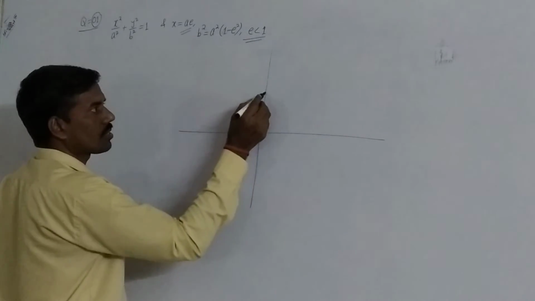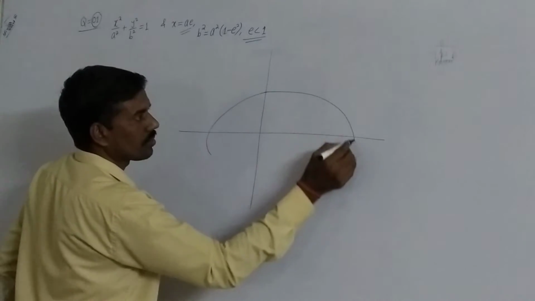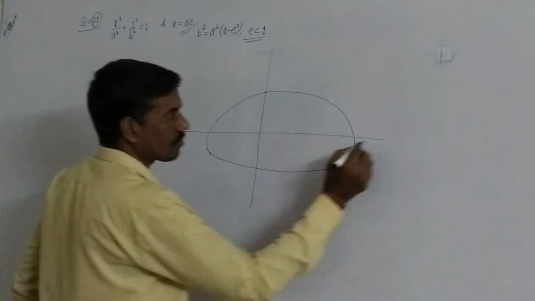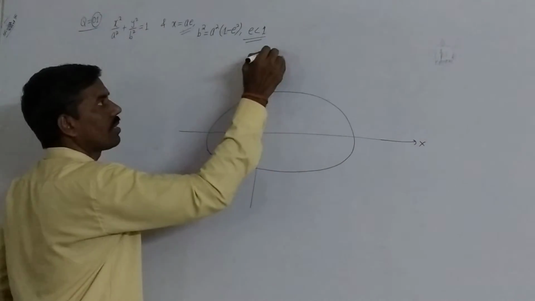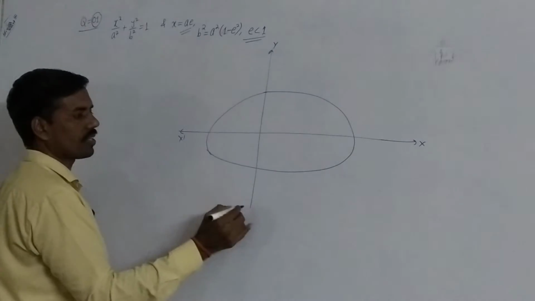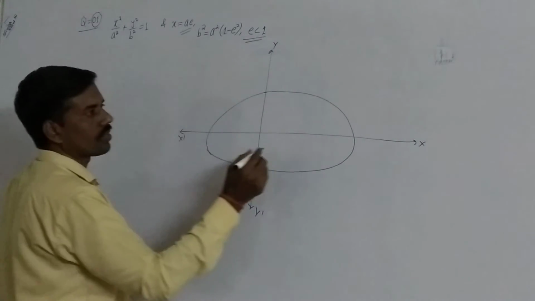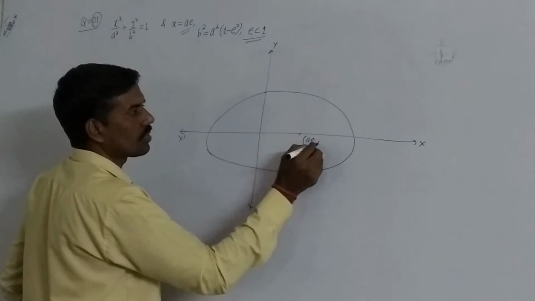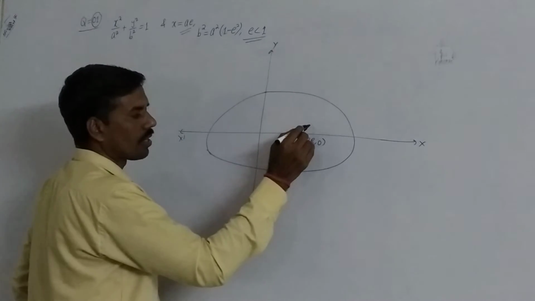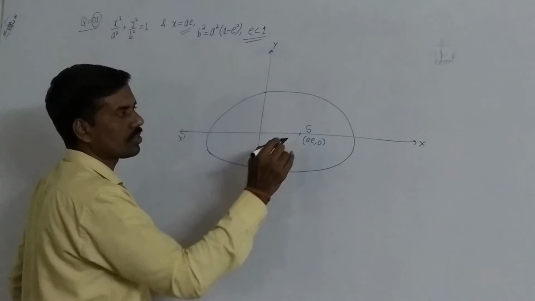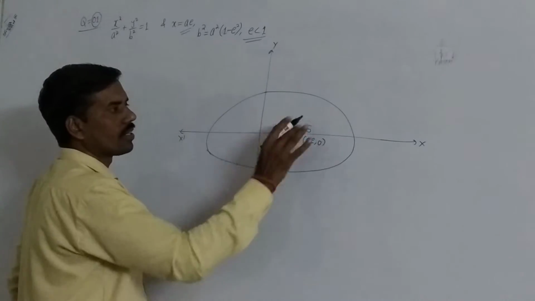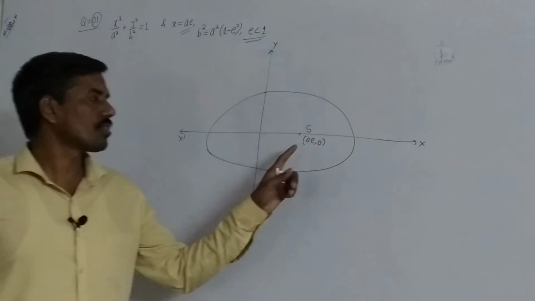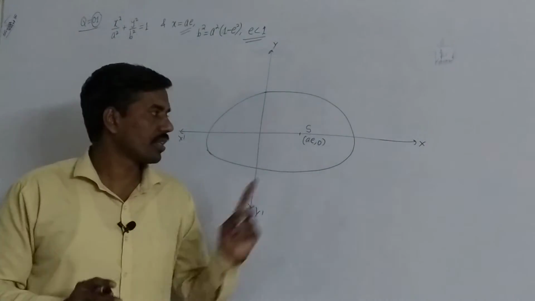And as we discussed, the ellipse is symmetric with the x-axis. So let this one be the ellipse. X-axis, y-axis. This is x dash, y dash. Okay. And let this one be AE, 0. Since this is a focus, you can say S is equal to AE, name it S. Point S lies on the x axis, so its y coordinate is 0 and the x coordinate is AE.